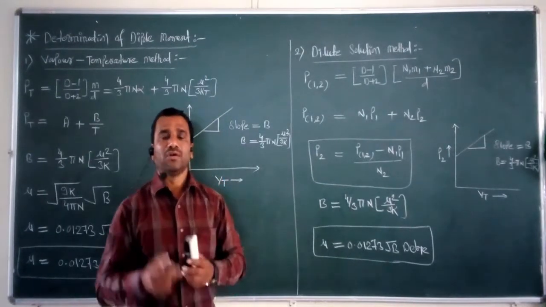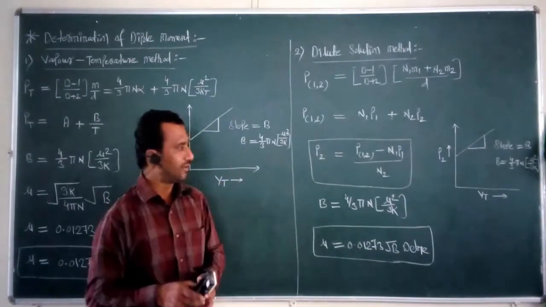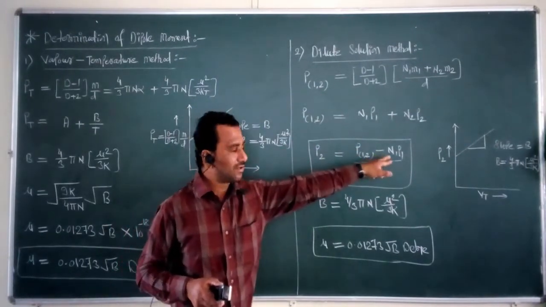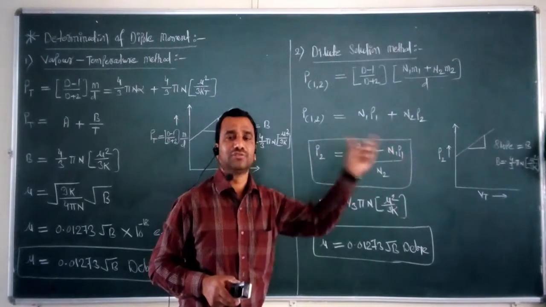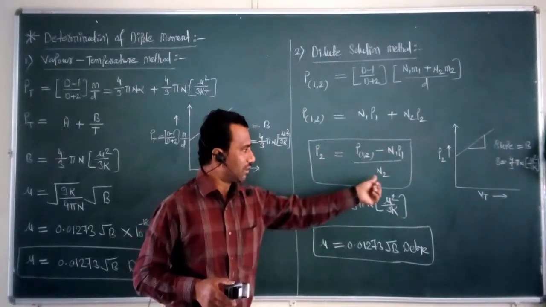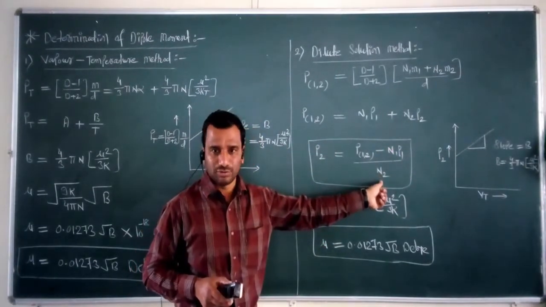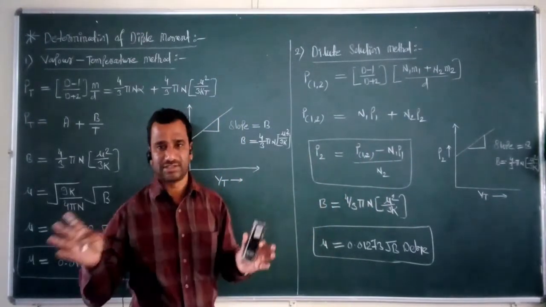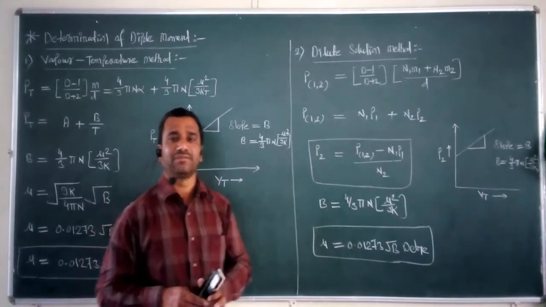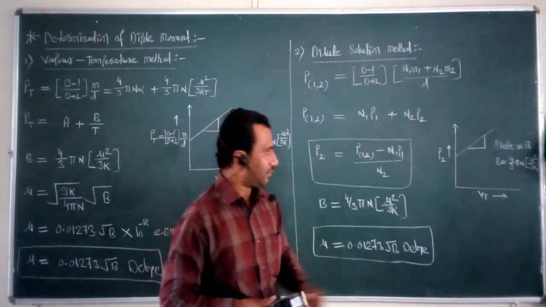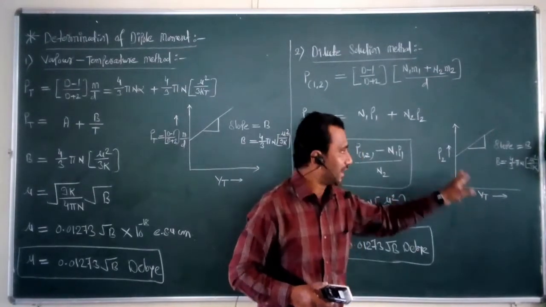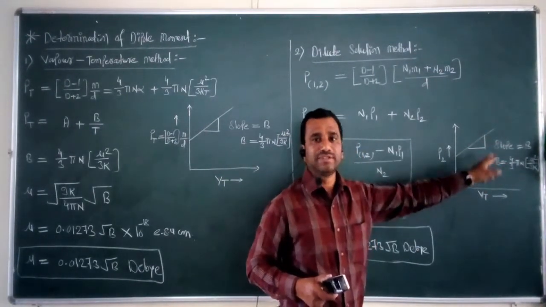After this equation, we have to substitute the values for the total molar polarization from equation number first. We have to take into consideration N1 and P1 values of the solvent, and the mole fraction of the solute. By considering all these, we have to calculate this P2 at various temperatures. Once we calculate P2 at various temperatures, if we plot a graph of the molar polarization of a solute with respect to 1 upon T, again we get a straight line, again slope is equal to B.